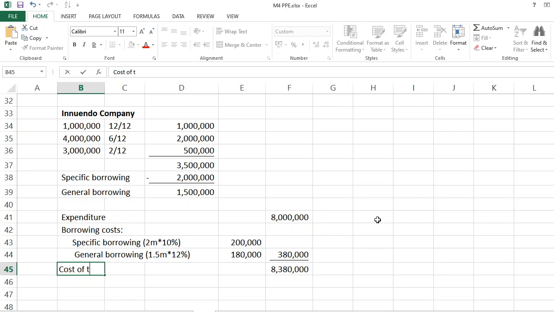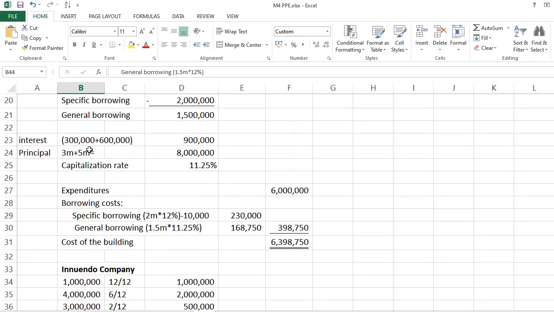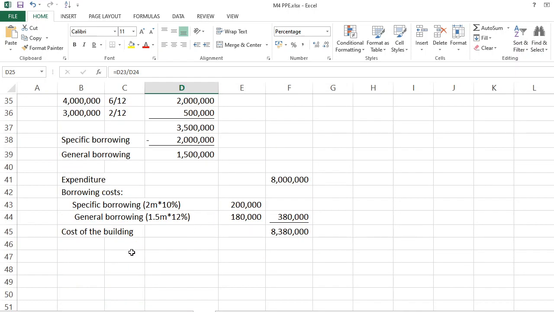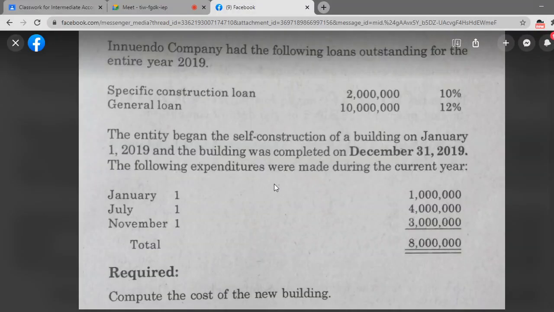So, muna akong pasabot nga, it's the simpler version of Shangri-La. Bakit simpler version? If you could notice, hindi na tayo nag-compute ng capitalization rate kasi may isang general borrowing lang tayo. Okay? So, ma'am, what if na tulo ang general borrowing? So, yung ani lang gihapon. Interest sa tulo ka loans plus, divide it by the principal of the three general loans, and then you could compute now for the capitalization rate. Ganun pa rin. Alright? So, let's see kung nakakuha.